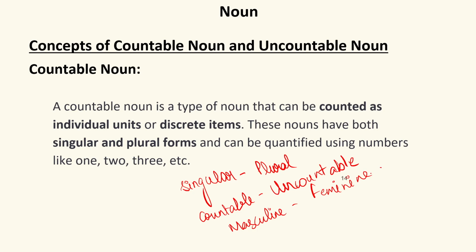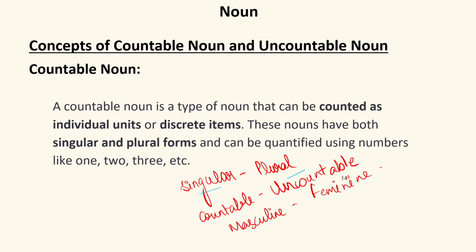Now, first we have the category of singular plural. That is, a noun can be divided on the basis of singular and plural. It means whenever we have one noun, it is singular. And if I add s or es to it, it will become plural. For example, if I have one pen, I can say pen. But if I have more than one pen, I can say pens. So pens are plural. There are many nouns which can be converted into plural form by just adding s or es or ies or ves. There are many tricks for that. So a word can be converted from singular to plural.